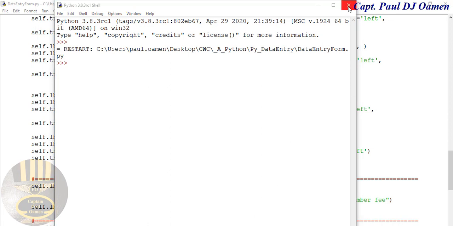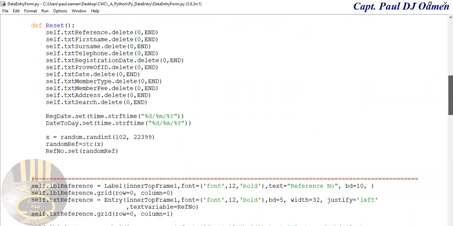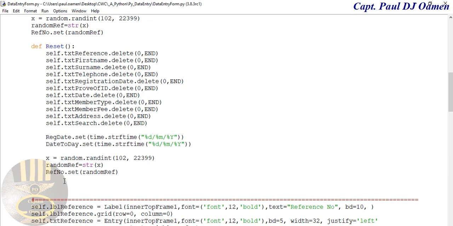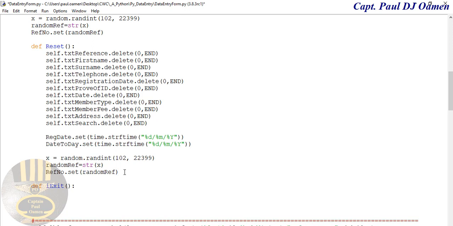So let's take care of exit. Okay, right underneath here, close that. Right underneath here, I'm going to enter my exit. Yeah, right underneath this. Come right down here and just press enter. Okay, and let's start by defining my exit. So I'm going to call it iExit. Enter parenthesis and colon. Then iExit, I'm going to say iExit, which is the name of my method there, equals